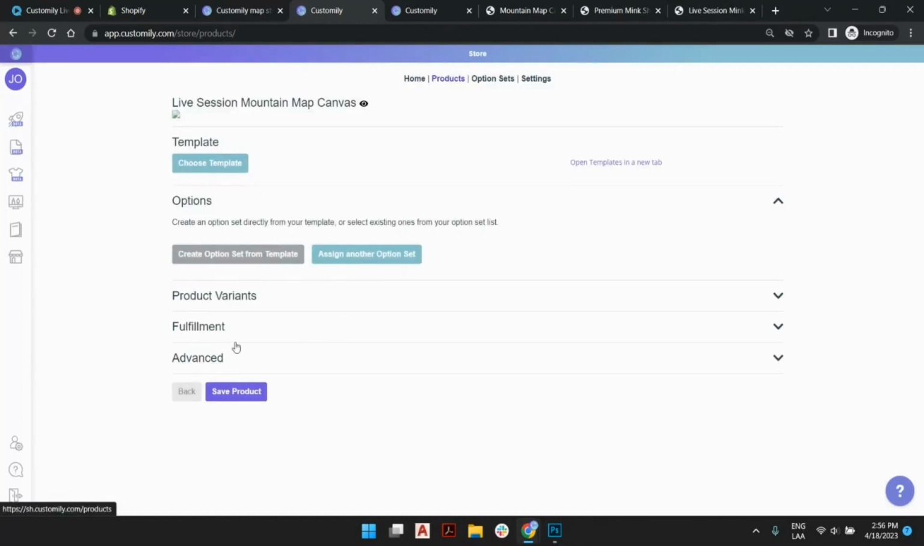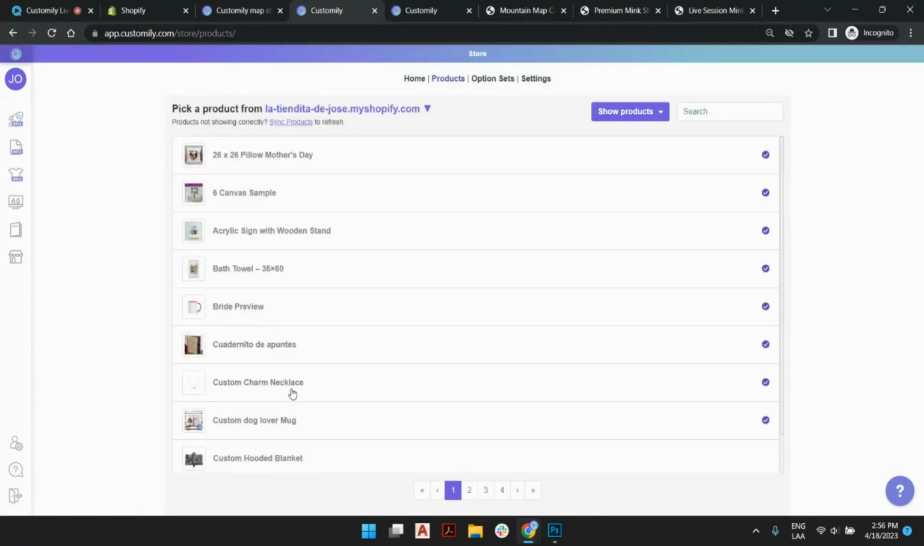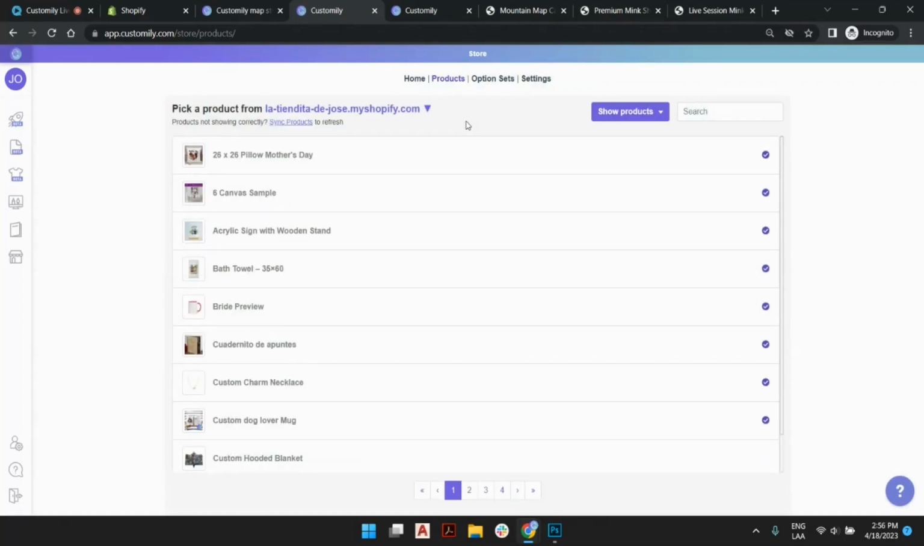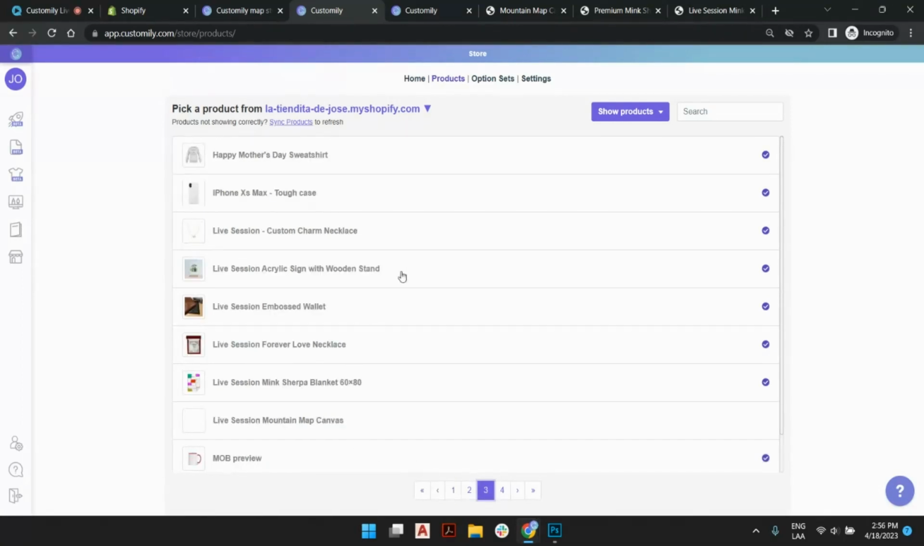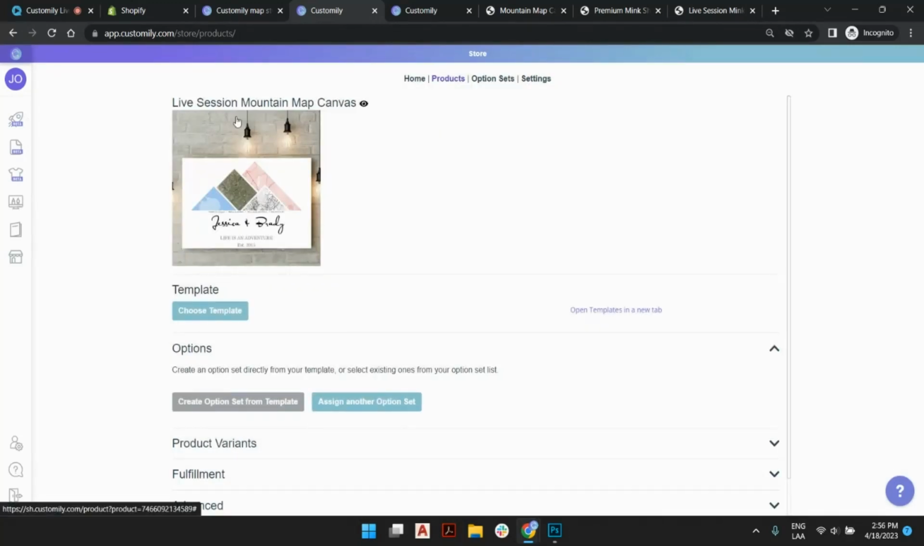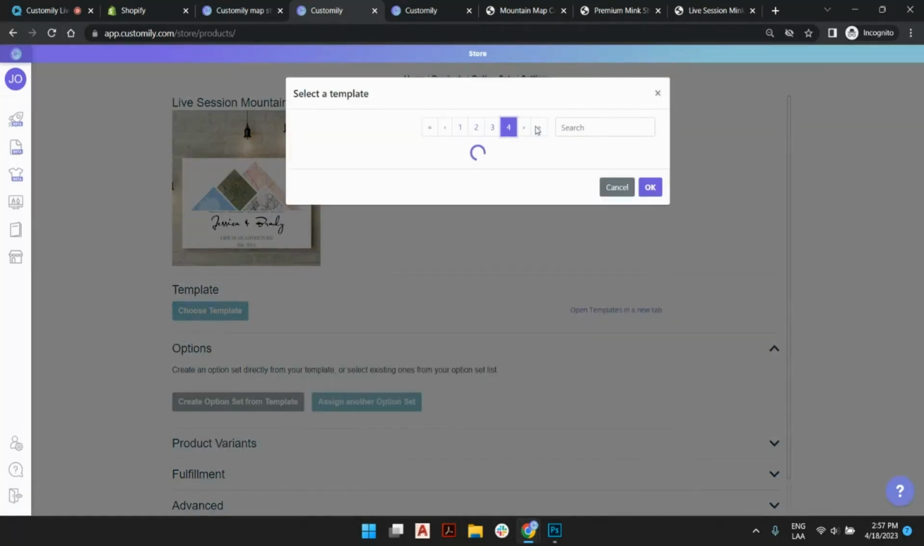Okay, give me a second. If you find some reason you get that broken image, you just need to sync, and we're going to pull the latest information from your Shopify store and get it working right away. So this is a live session mountain canvas. This is the photo that I put together, but I can actually now connect a template. So when I connect a template and I pick my template,